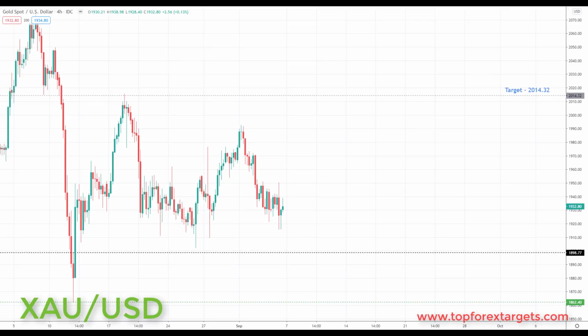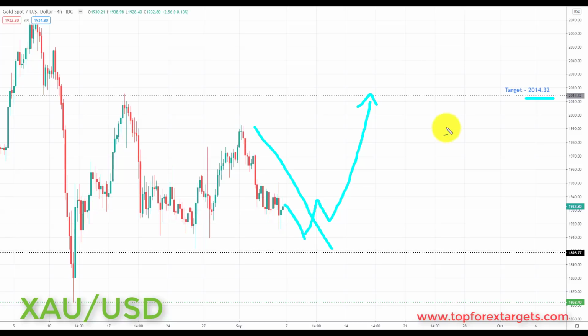And last but not least, we have gold. Now, the uptrend in gold overall is still intact, and as a result, I do favor long positions in this market going into next week. Any further pullback towards the 1898.77 is simply going to be viewed as another opportunity to look for bullish setups in this market. And I'm going to be looking at initiating longs up towards the next key area of resistance,